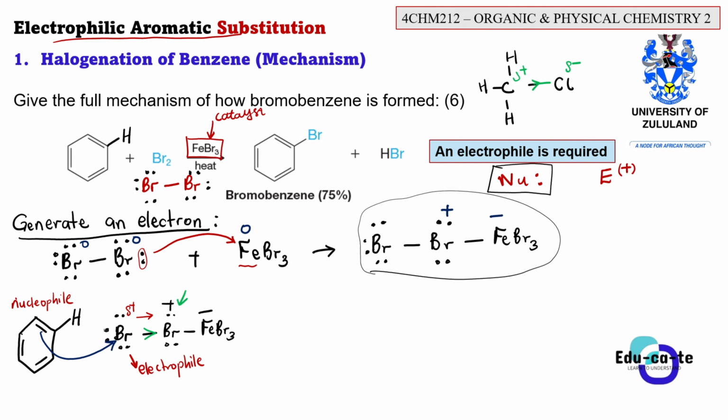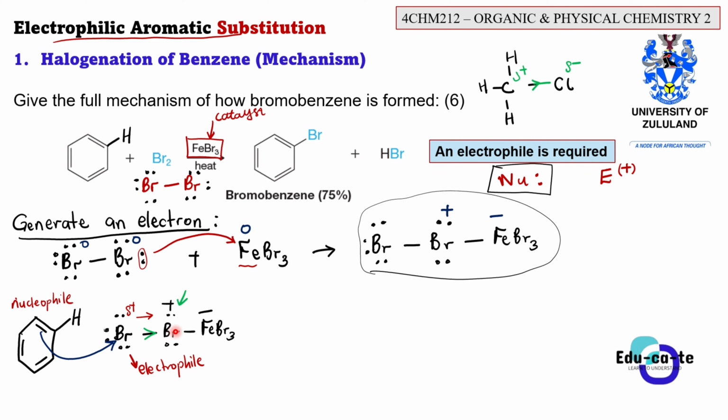Okay, so how does it do that? The benzene ring only breaks one of its double bonds. The benzene ring breaks one of its double bonds and donates it to the bromine, because this bromine is an electrophile, because it's now electron poor. Its electrons are being pulled by this new bromine that is now more electronegative. And basically, when this nucleophilic benzene ring offers to donate its electrons to this bromine, what will happen?